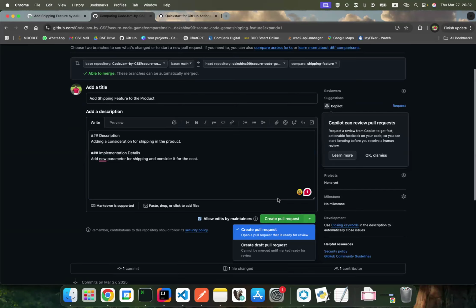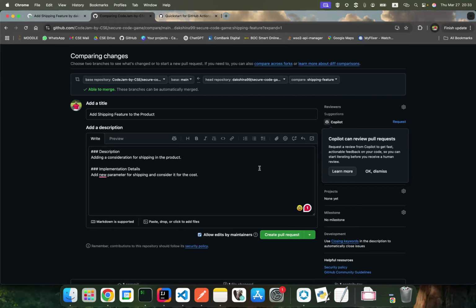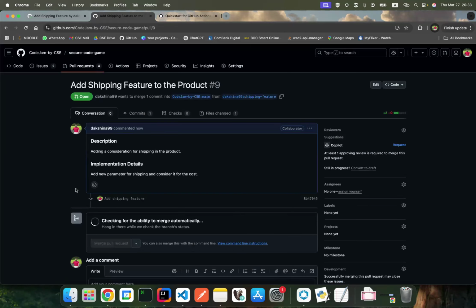When you are creating pull requests, you can create draft pull requests, or else you can create a direct pull request. Let's say we have configured some workflows for test running and linting. In that case, while you are implementing the feature, you can make a draft pull request to the original branch, instead of testing locally, and run the workflows, get information, and fix things back. Okay, so here let's click on create pull request, and then it will open up a pull request.